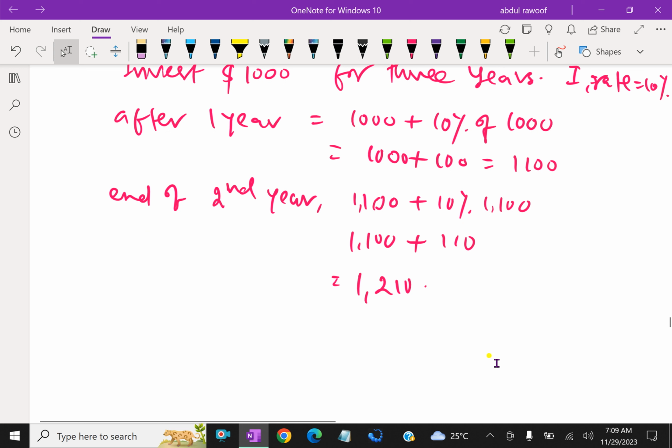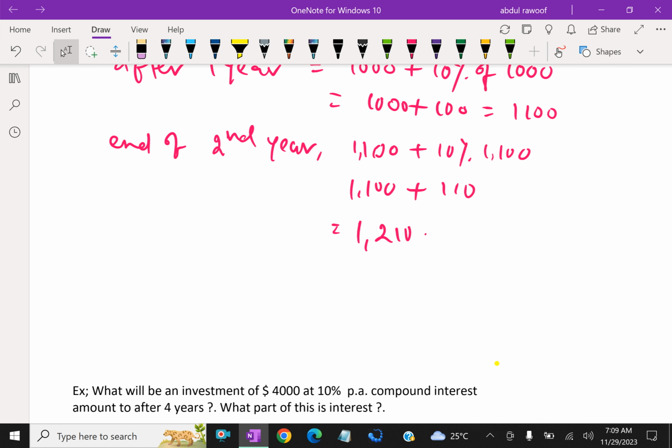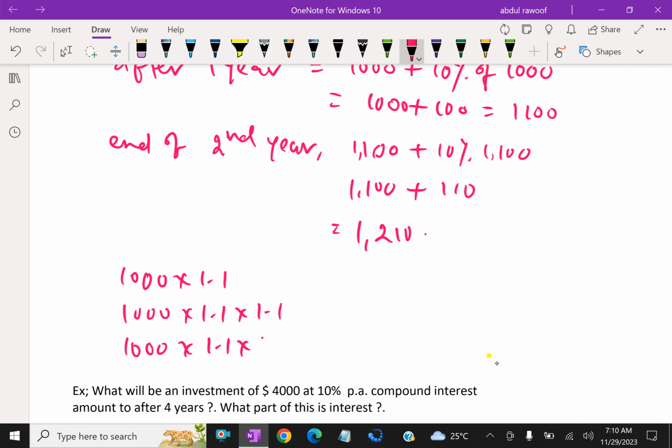Therefore, here we can understand the multiplier. Every year, look here. First year is 1,000 into 1.1. Second year is 1,000 into 1.1 into 1.1. Third year is 1,000 into 1.1 into 1.1 into 1.1. It continues. In general,